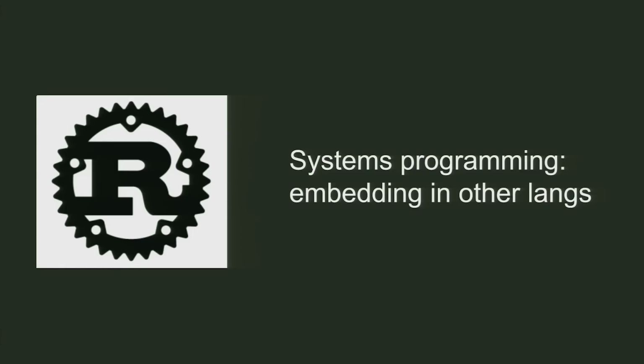And so we're seeing this as a very, very common way that Rust is being used: I write most of my app in language X, but then when I need a particular part that needs a little bit of extra oomph, I drop down into Rust. Whereas historically, people might have said you drop down into C. And I'll get into why that's a viable and interesting option in the case study stuff. Okay, so that's systems stuff.